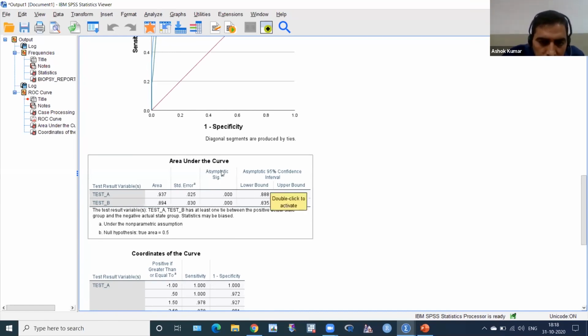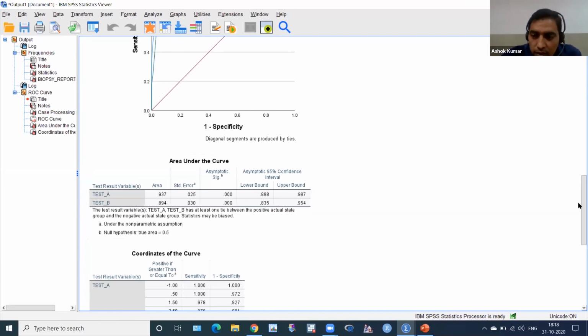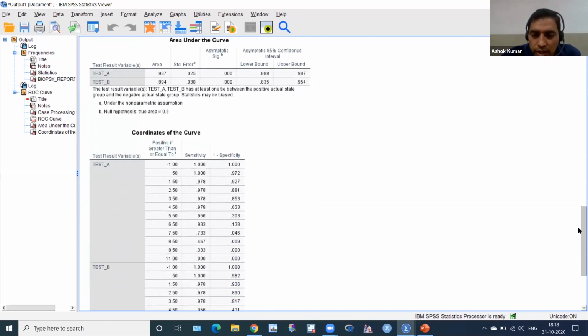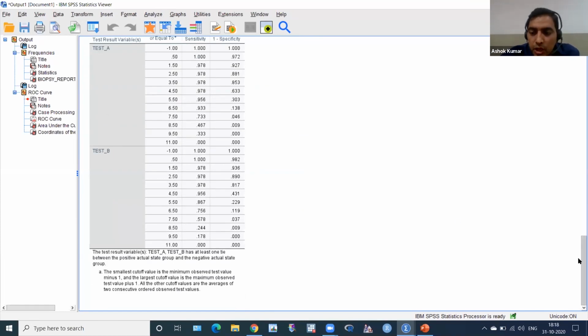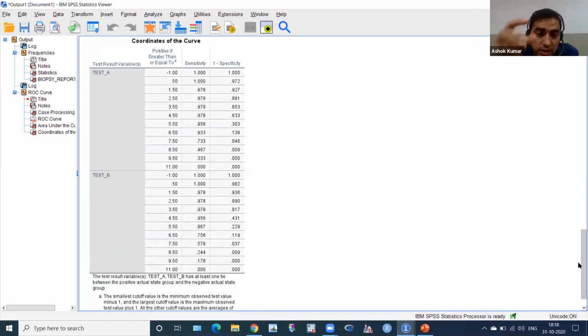This is the asymptotic significance, the p value. It's highly significant. This test is highly significant to predict the disease in disease and not disease in not disease. So it's a very good thing. Then how to get the cutoff value of this test? From this number, above this number the test detects positive, and below this negative. We have to get the cutoff point, and after that we have to get sensitivity, specificity, true positivity and true negativity. So how will you get it?